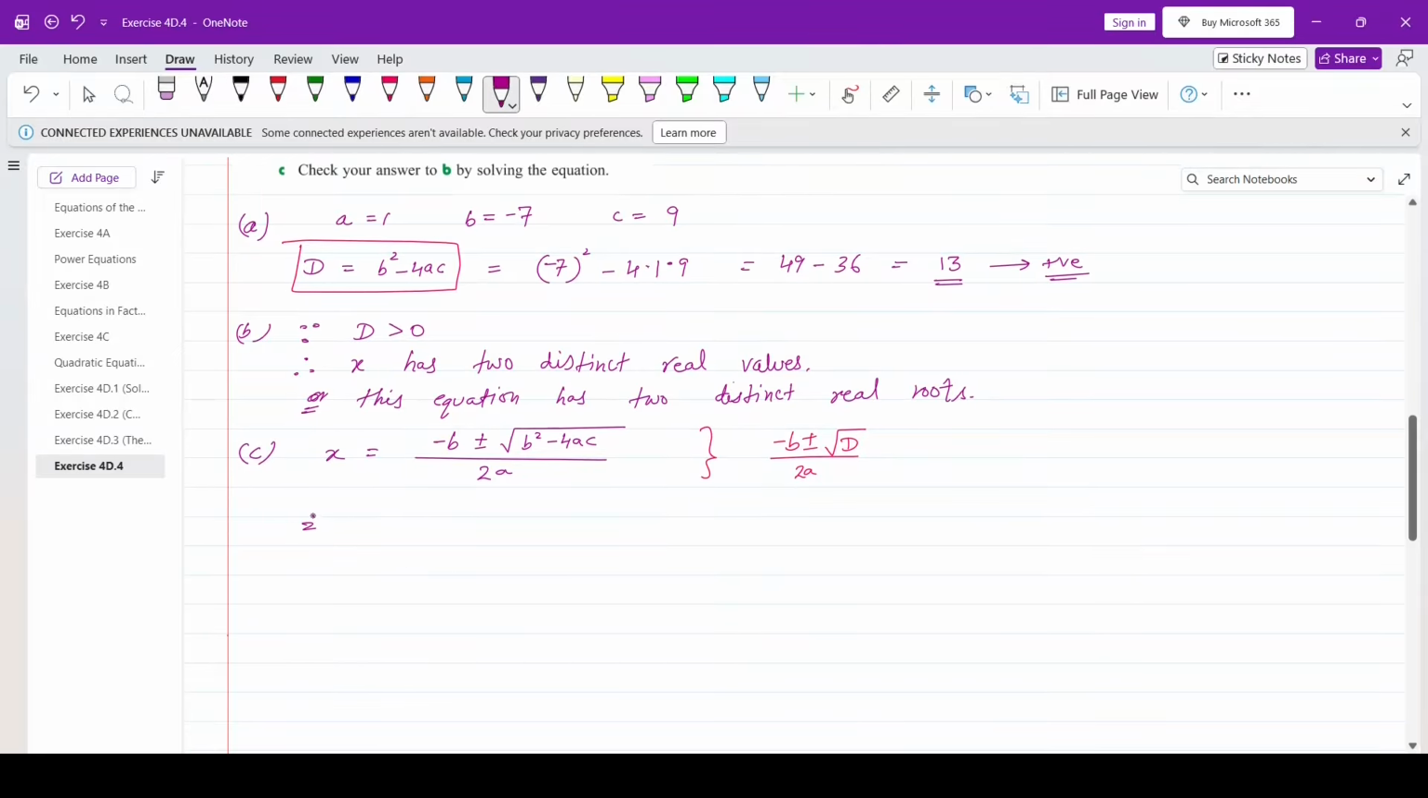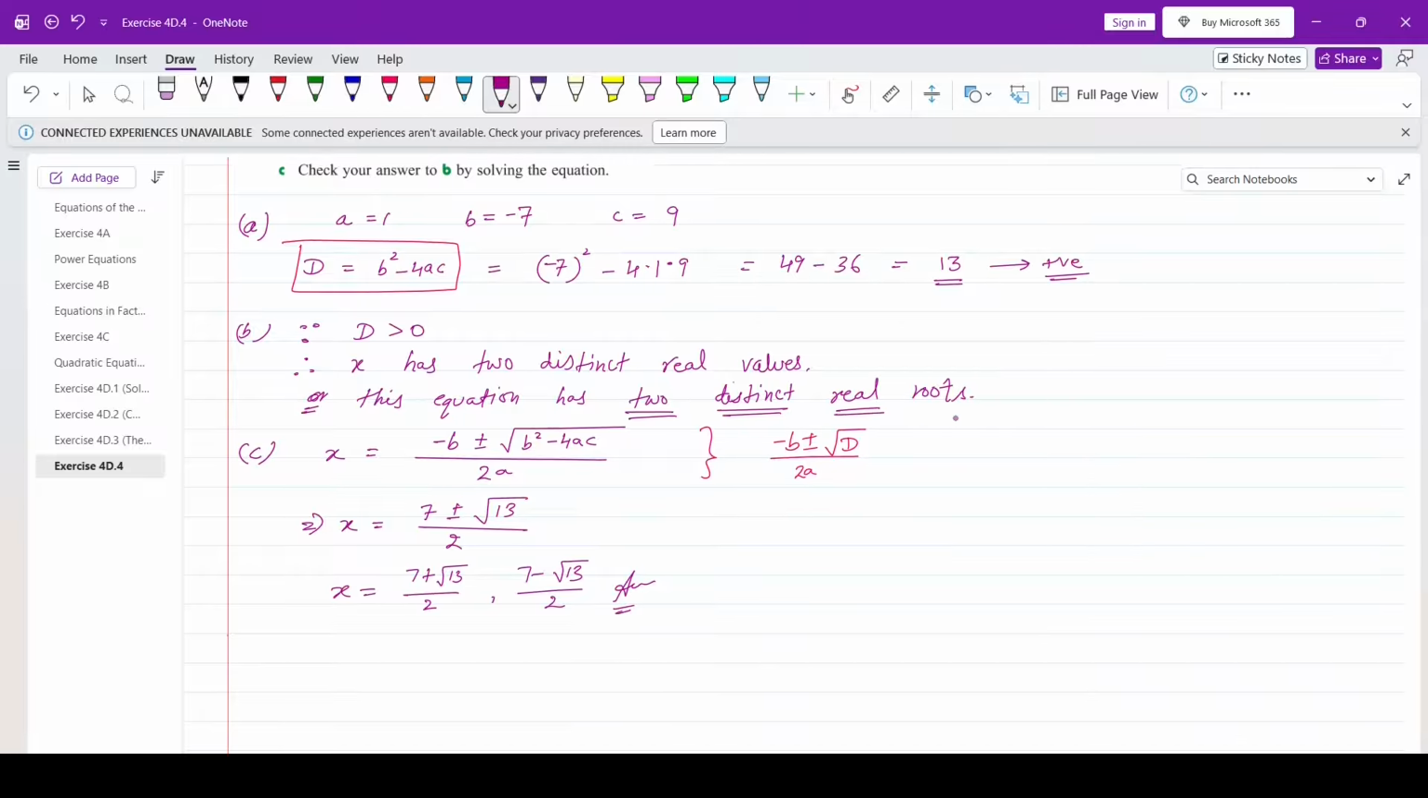So this equation becomes x is equal to minus b, which is positive 7, plus or minus root D, which is root 13, divided by 2 times a, that is 2. So x has two distinct real values. One is 7 plus root 13 divided by 2. Another is 7 minus root 13 divided by 2. And that's the answer. This we had just proved in part B, that this equation has two